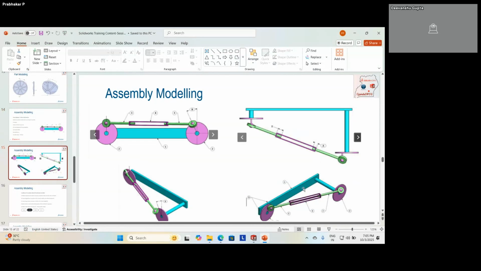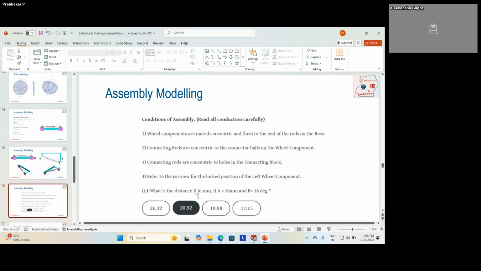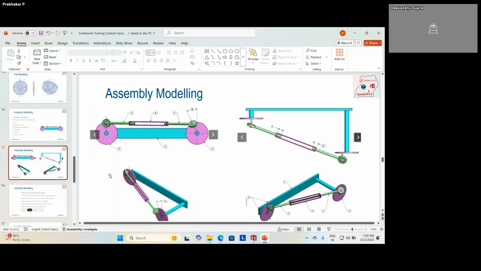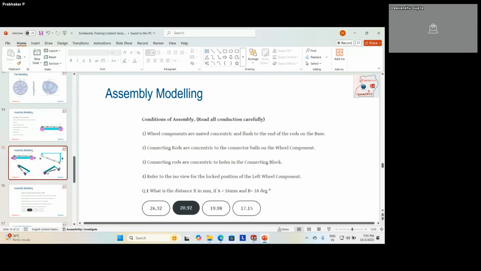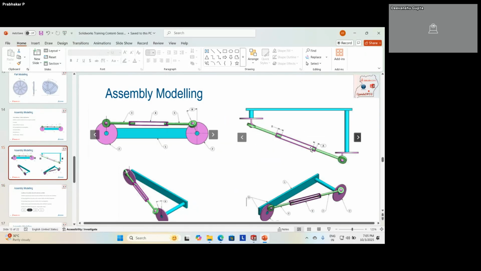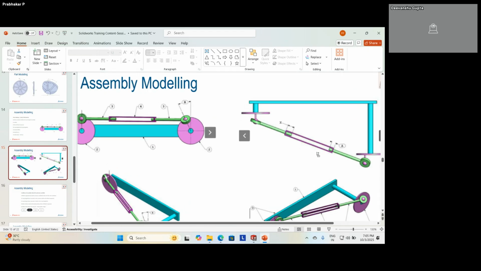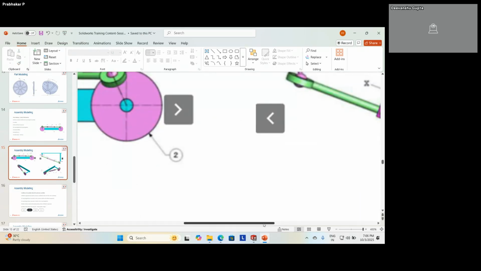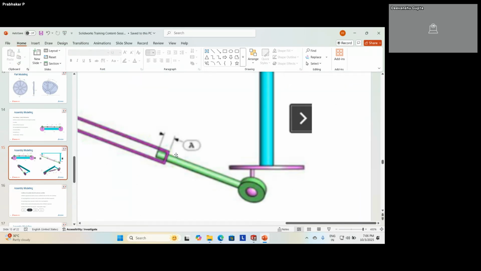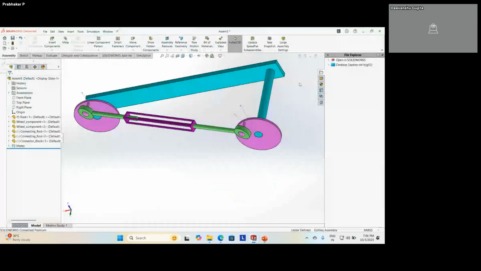Okay. And one more thing they have mentioned is A equal to 18 mm. Sorry, 18 or 16 mm. Sorry for 16 mm. From the outside, you can clearly see here. Maybe sorry for that. The drawing is slightly big. From the outside face to inside, I have to maintain 16.